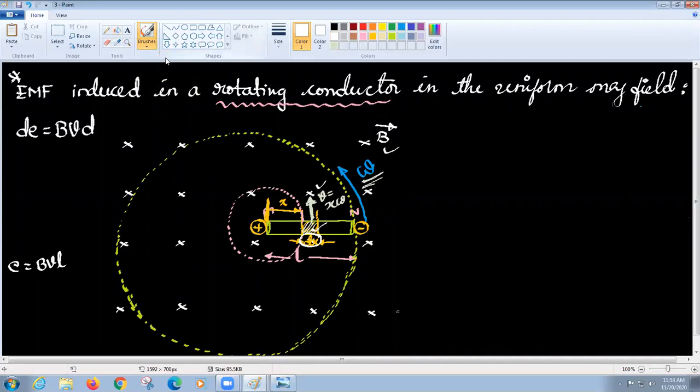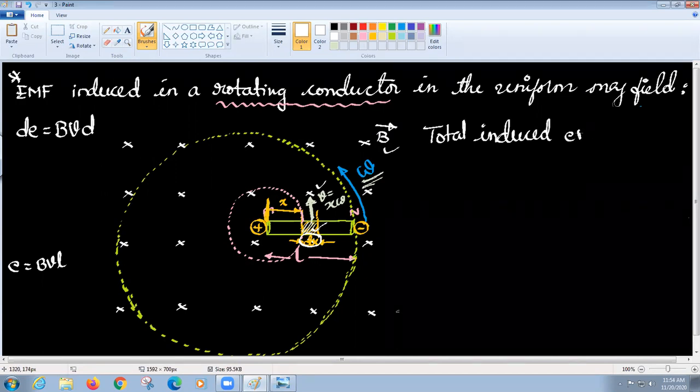If you have these very basics, you can do anything. That's it. Remaining all. So total induced EMF. As of now, we are not seeing our induced EMF as time varying. We are seeing it just like a DC induced EMF. But very soon you will see that induced EMF is also a time varying induced EMF, that you will see later. So total induced EMF